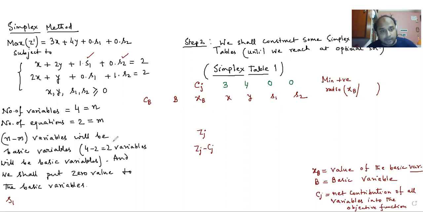First of all, let me talk about that. The rule says if slack variables are present with the original variables, these are my original variables x and y, and slack variables are my introduced variables, then you consider all the original variables